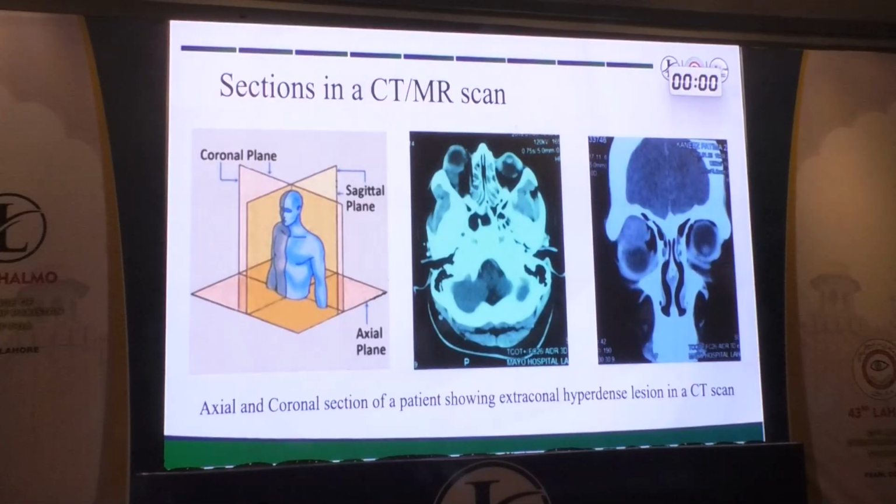This is a section in a CT and MRI. This tells you the different planes. This is the axial plane, this is the sagittal plane, and this is the coronal plane. Axial and coronal sections of a patient showing an extraconal hyperdense lesion in a CT scan. This is the mass, this is the axial, and this is the